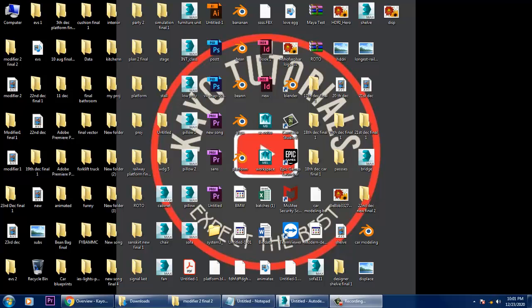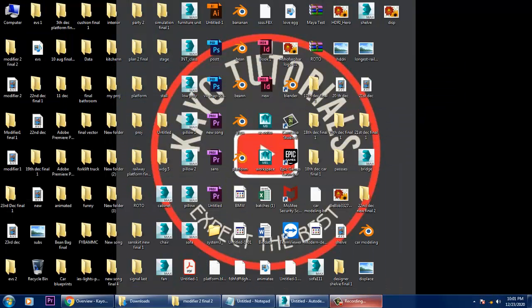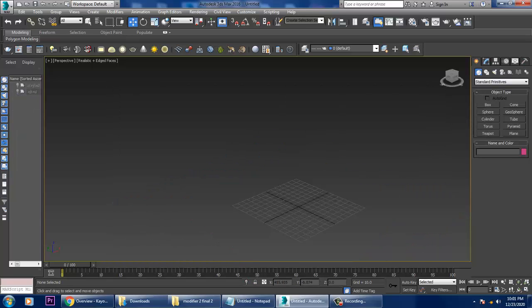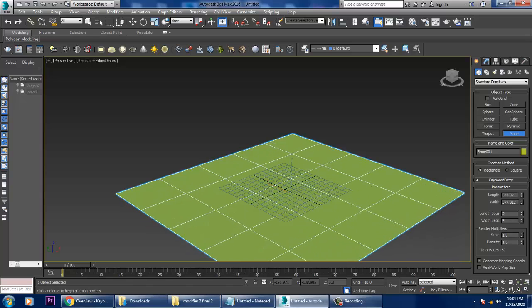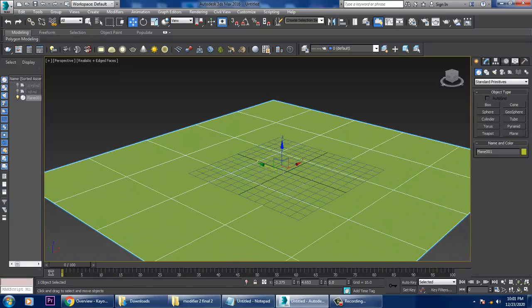So let's get started. As you can see over here, we have started with the modifiers. Now we'll be continuing with the other modifiers. So let's continue with the cloth modifier. How the cloth modifier works, let's get started. The cloth modifier can be used as a part of many things, for example,